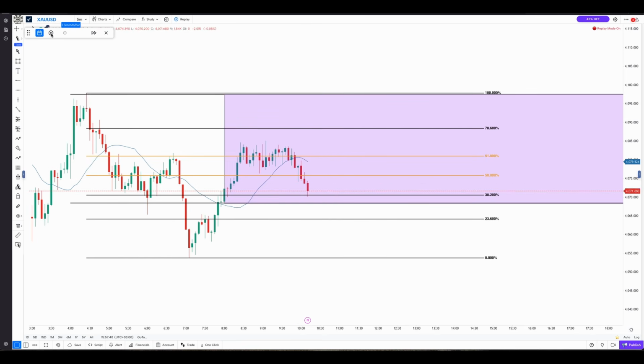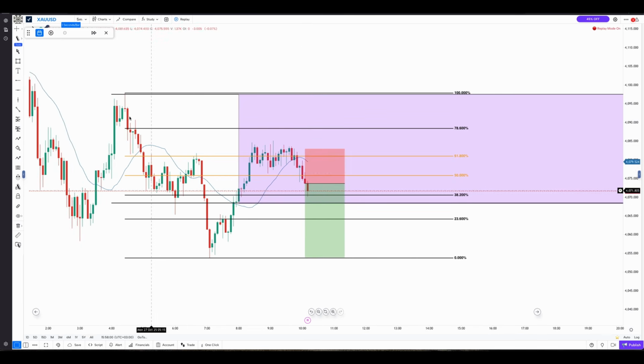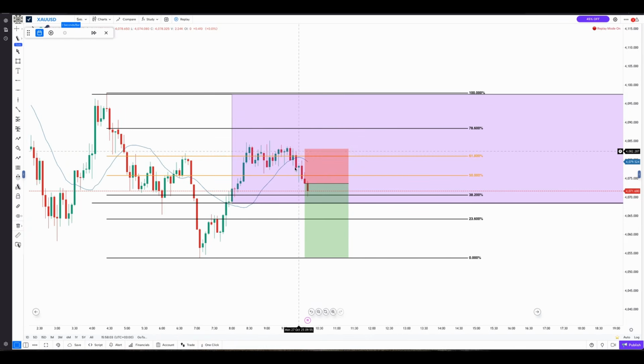So let's see. Now there I could get my entry on this candle, and then I could put a stop loss above the golden zone like this, and then I can target the previous lows down here for a 1 to 2 like this. So if we play this, we can see how this would play out. In this case, we have used the golden zone. We waited for the market to retrace around the golden zone and break below it for us to continue selling this market,